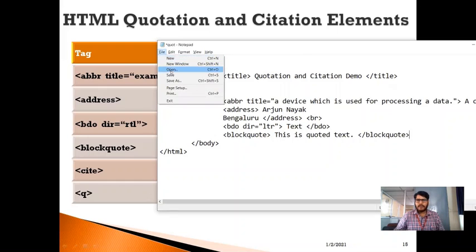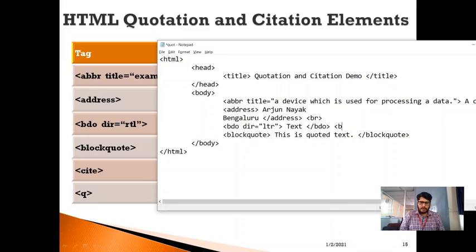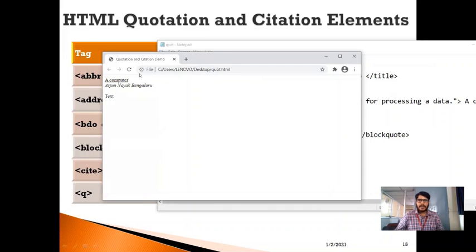So now I'm going to save this. Again I'm going to include one BR tag here. So now let me save this. Go to the web document again, click on the reload button. Now we can see here it has included some tab space. So after leaving some tab space, the content is displaying. So that is nothing but block quote, the use of block quote.